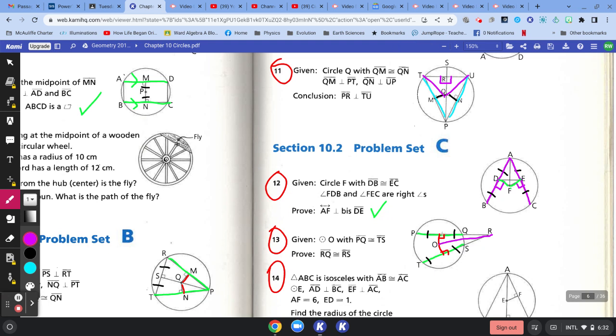The equidistant segments from O are also congruent. So we've got a hypotenuse of two right triangles that's shared, and we've got these two distance segments that are congruent. And since they're right triangles, we can use hypotenuse leg to prove that